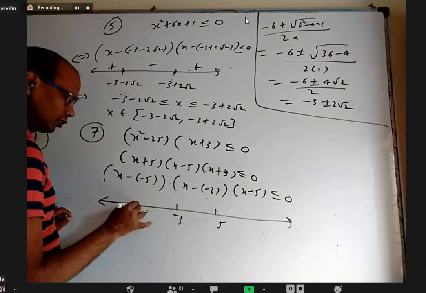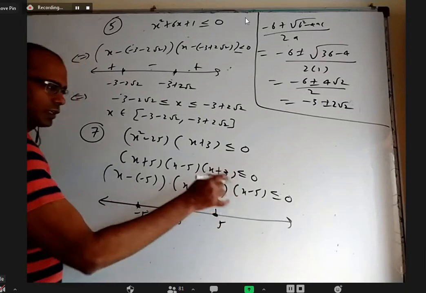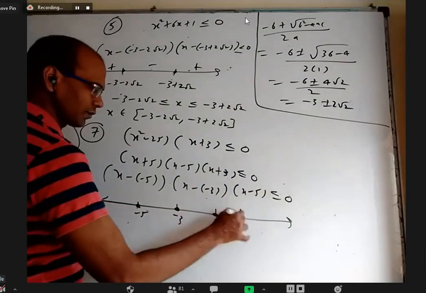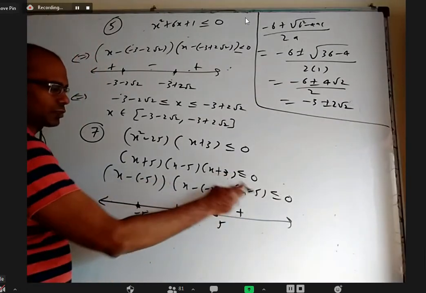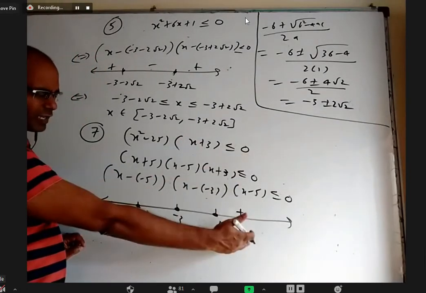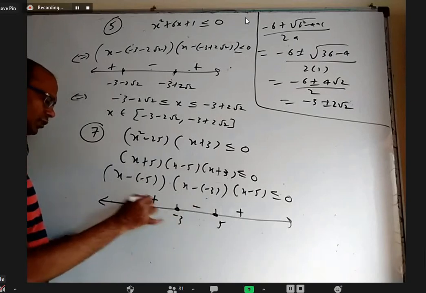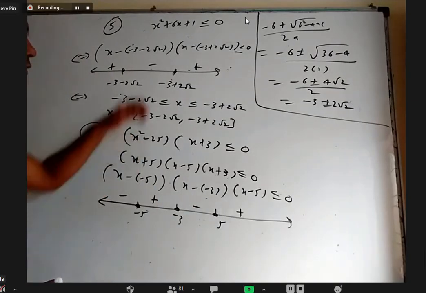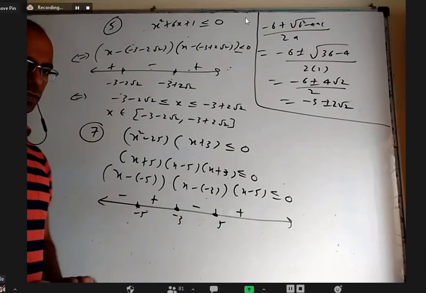And all are included because equal to 0 is also there. And after 5, if you substitute, this is positive, this is positive, this is positive, the product is positive. Once the rightmost is positive, everything backward alternates: negative, positive, negative. But till now we're done for two things, now we're doing for three things.